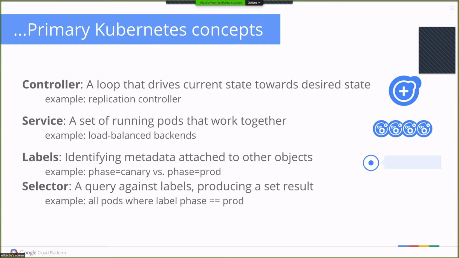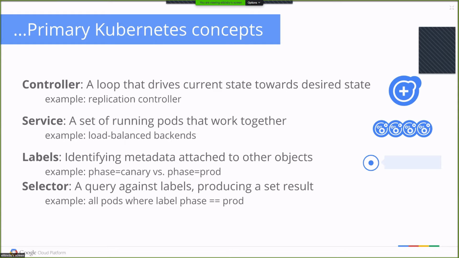or are running. A service addresses constituency, which pods are part of which service. It's more or less a set of pods that are addressable together. Most services offer a static IP for your pods, whether it be within the cluster or external, or they open a port up on the cluster. So an example of that is a load balanced backend. You have a set of pods that are running that are addressable by a static IP in your cluster and invisible from outside your cluster.